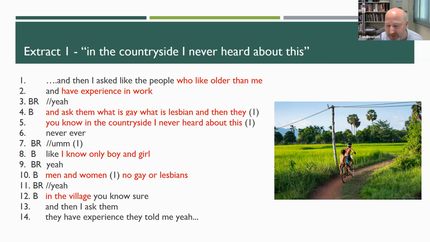He orients to his childhood in the countryside, in the village, and he says, "I only know one boy and girl, men and women, no gays, no lesbians." So this spatializing move between the rural and the urban works temporally and also analogously with Boré's crossing from inexperience to experience, or childhood to adulthood, where he encounters the language and bodies of non-normative sexuality for the first time in his workplace.